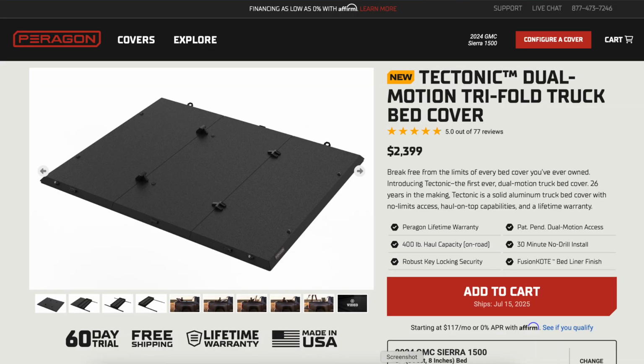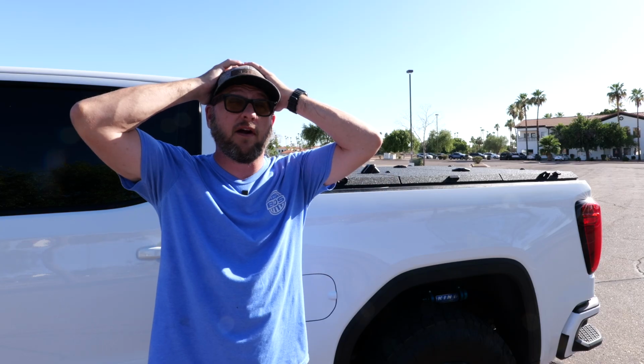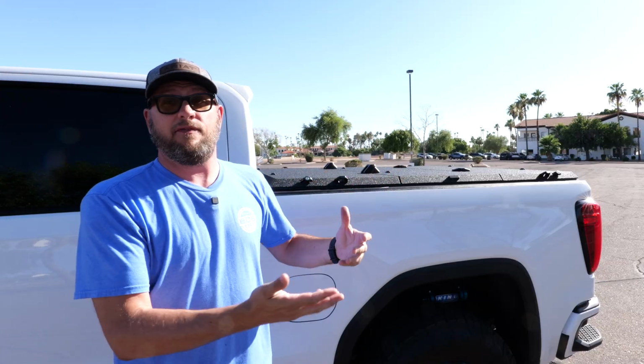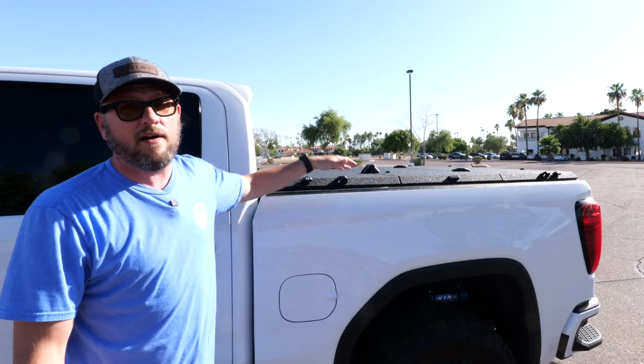Anytime I see somebody drop a comment when they see these very expensive tonneau covers and they say, $2,400 for a tonneau cover, are you insane? I sort of understand, but it all depends on what it is you have stored in your truck. There are guys who haul around tens of thousands of dollars worth of tools. I myself at times can have multiple thousands of dollars worth of camera gear. I've hauled around rifles and firearms, all of those kinds of things where $2,400 for an ultra secure cover is